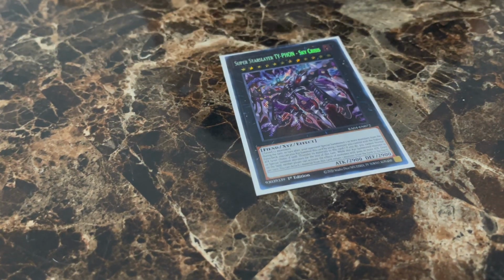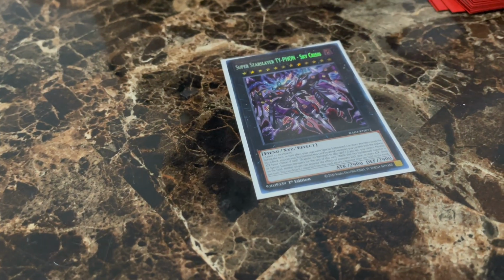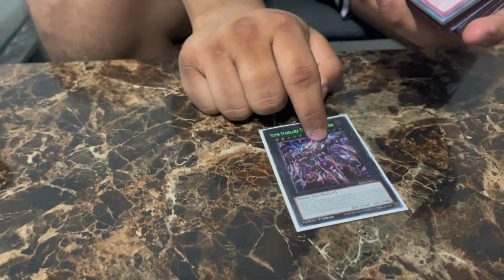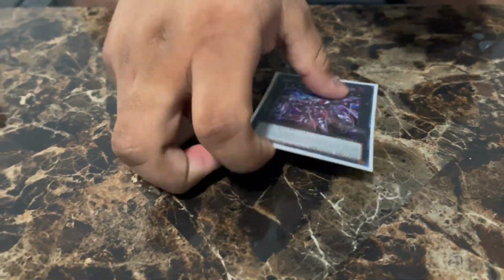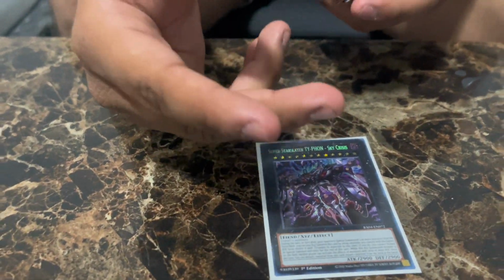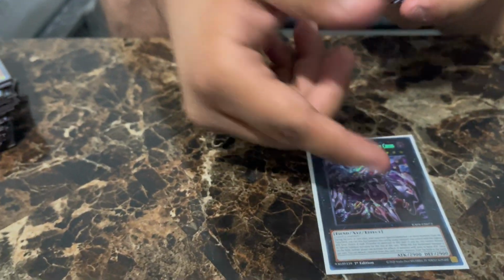And then for Typhon. Honestly, Typhon came up one time, but there's no reason. You don't need this. This is garbage. I don't even know why I decided to play it. Hey, if it works, it works, I guess. All I did was just use Bone Archfiend to send it to the graveyard. So